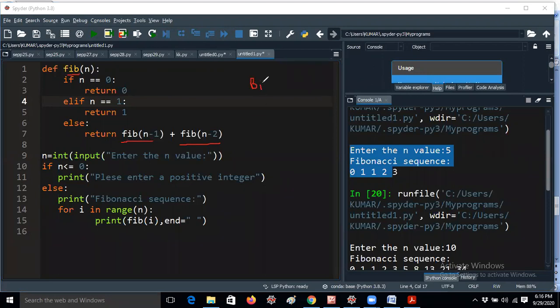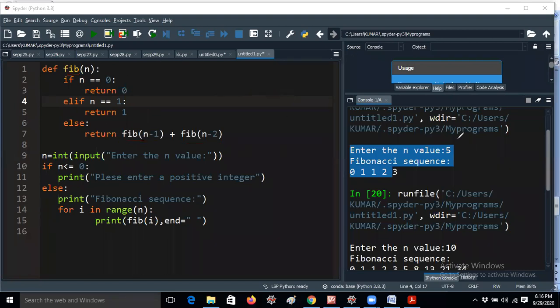There are two types of recursions, binary recursion and linear recursion. Linear recursion is nothing but the function will be called only one time. If it is called two times, that is binary. Bi means two, that's the reason it is called two times. So this is called binary recursion. From an interview point of view also, what is the best example for binary recursion? Some students may think factorial or GCD, but the third option, the Fibonacci series, is the answer.